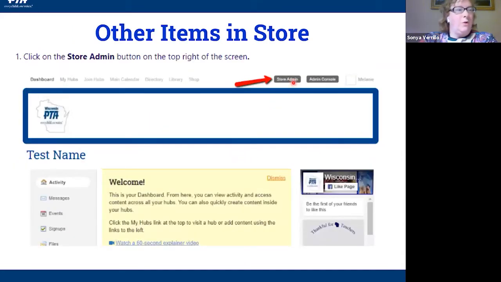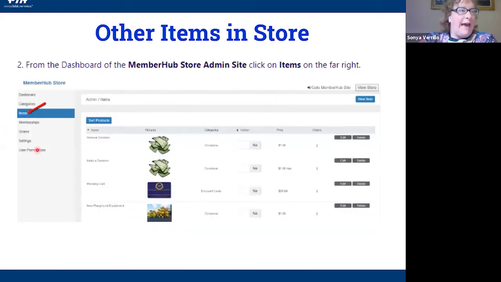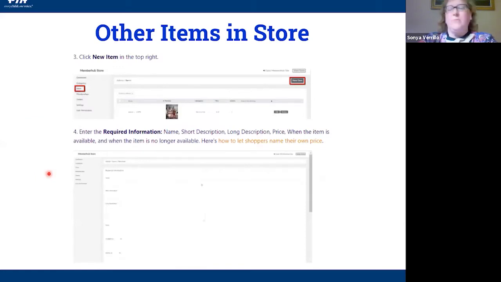For other items, you could go here to store admin and you would be able to add other items. This example shows some spiritwear. It shows a fundraising card. It shows a donation for playground equipment. If you had spiritwear you wanted to sell, anything like that, you could do that here. So you just click on new item in the top right. Here you see my little pointer up here at the top. So I'm in the store dashboard,